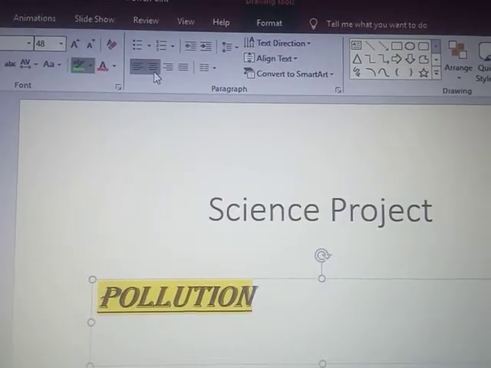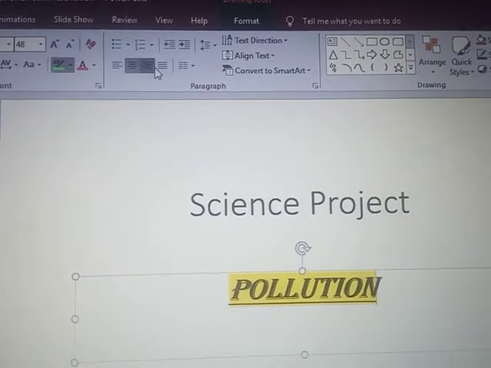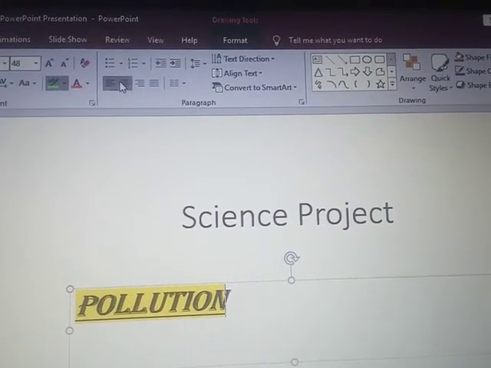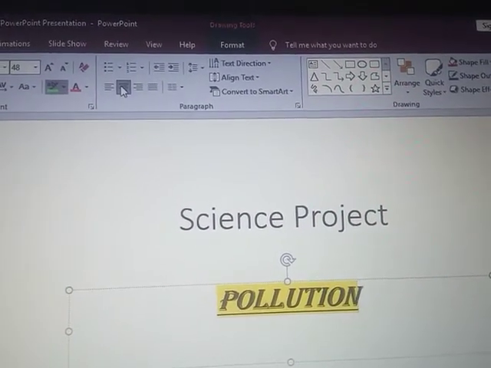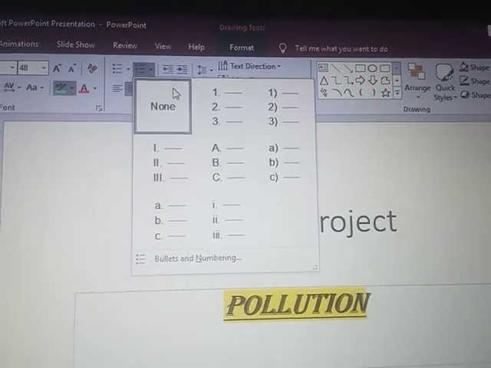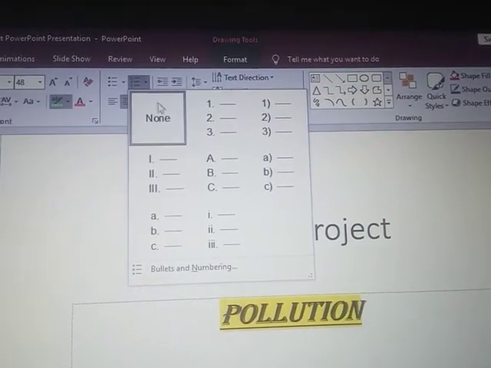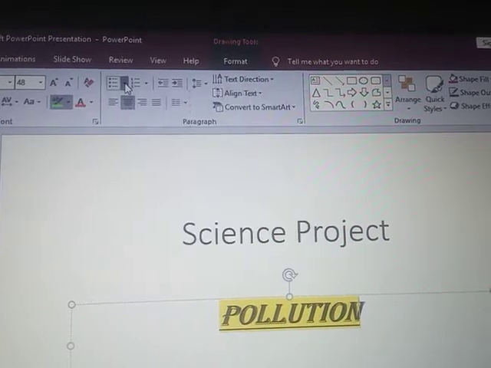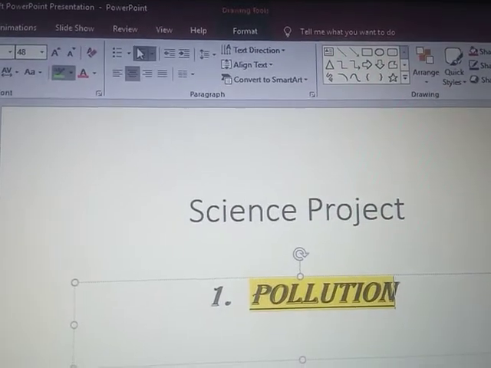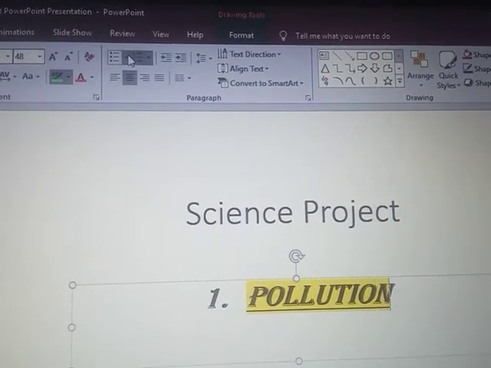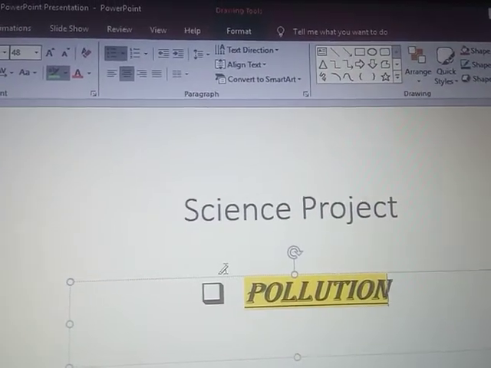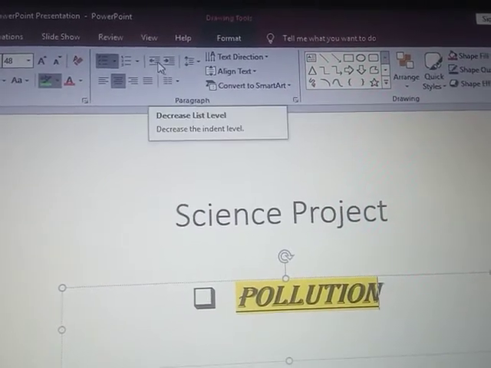alignment, that is right alignment, center alignment, left alignment, and that is your justified. Means wherever you want to set your paragraph, wherever you want to set your written portion, you can align it with the help of that. These are the indents, these are the numbering and indents, that is your indents and that is your numbering. If you click on it, you can see the number came. If you click on that, you can see in front of that whatever symbol I am selecting, it comes. So all the formatting can be done with the help of these options.